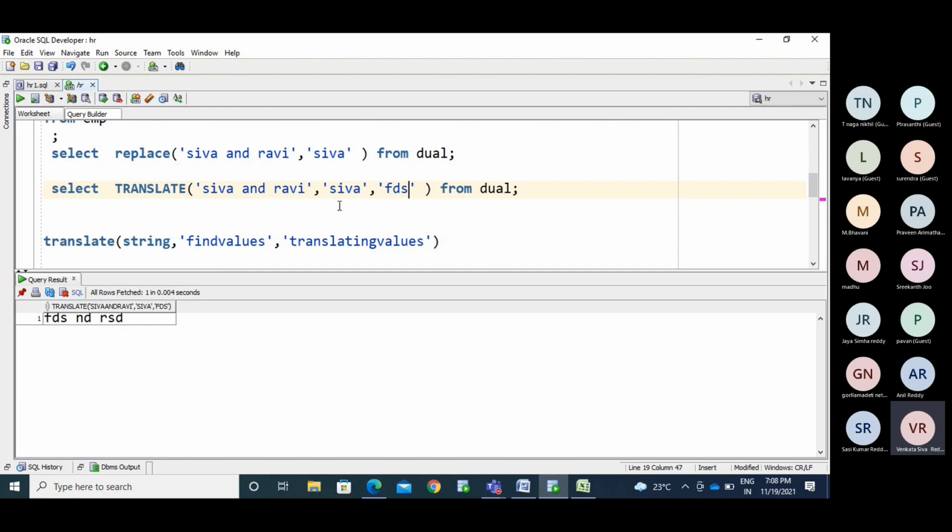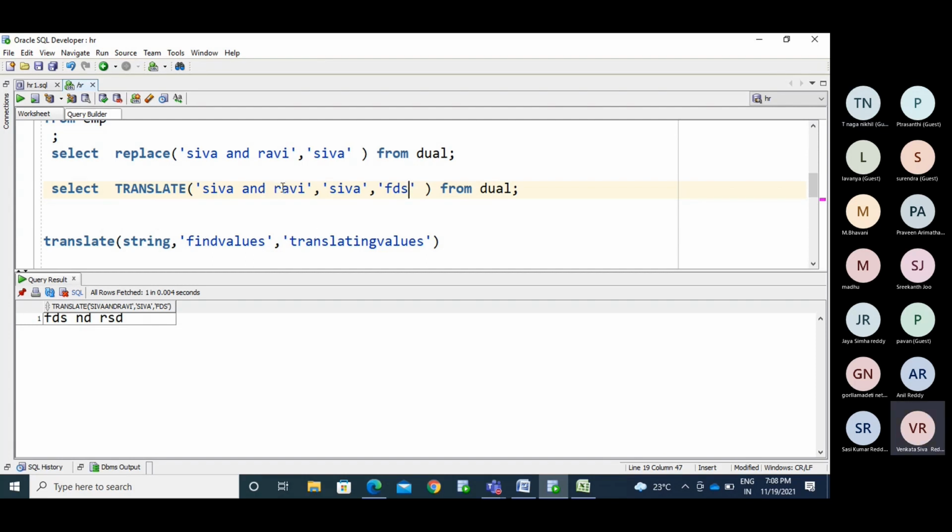For N, I don't have any replacement here, so N will stay the same. And what we have D. For D also, I don't have any replacement value or translated value. So it removes the A value and makes it ND.